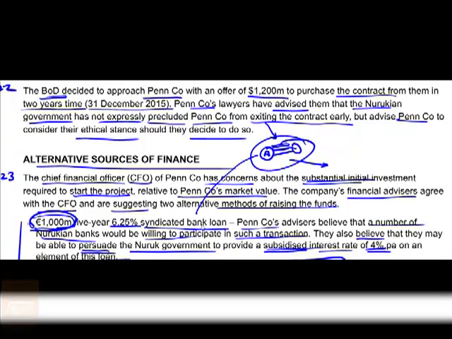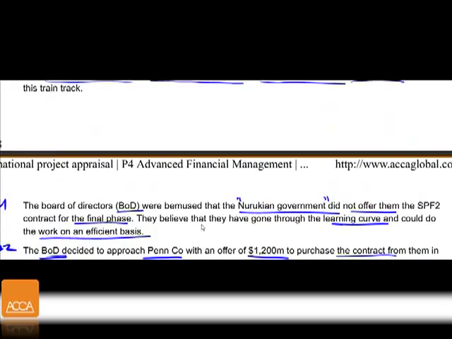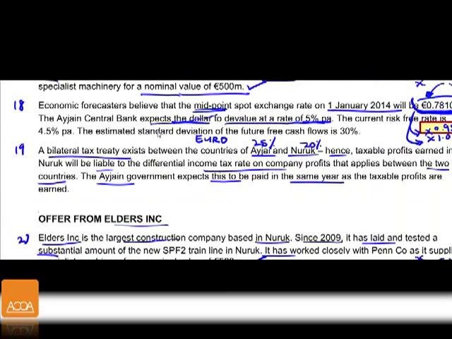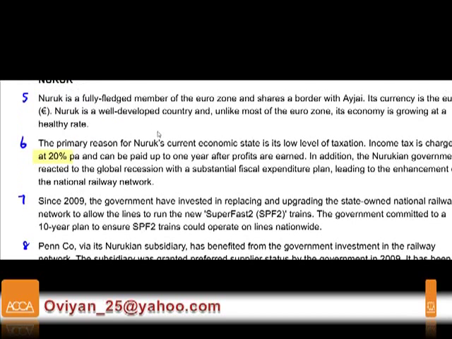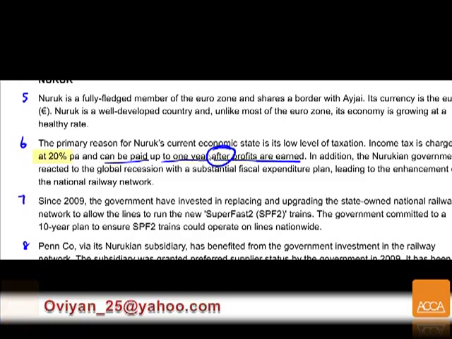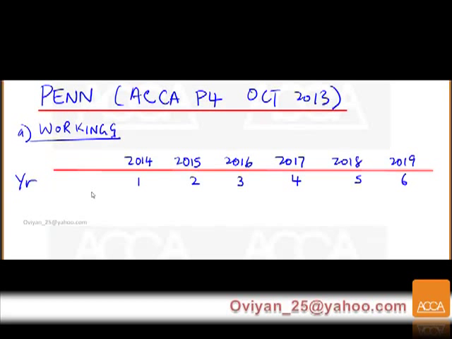If you look at this Norukian government paragraph number 6, we are told that Nuruk 1 can be paid up to 1 year after the profits are earned. That is why we have up to year 6. Okay, now